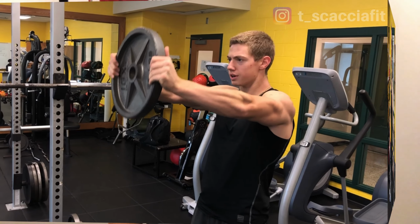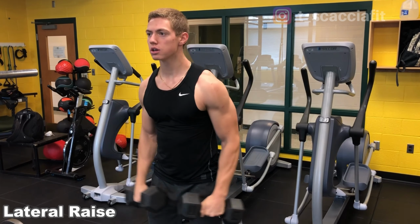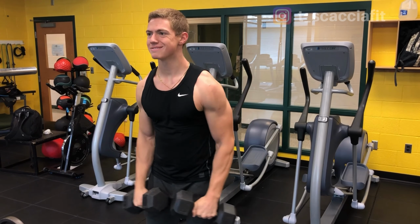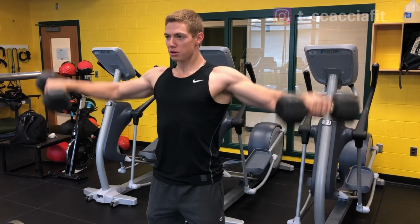I'm going to make creative variations of the plate raise that you can add to your regimen. Moving on to the lateral raise, this works the medial head of the deltoid, or the lateral head, since they're not called medial raises. Now for this motion, I go both arms at once, and I go a little bit lighter and try to hold it at the top for a little bit longer than I do for the front